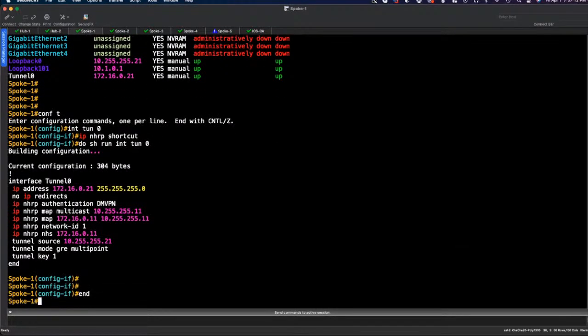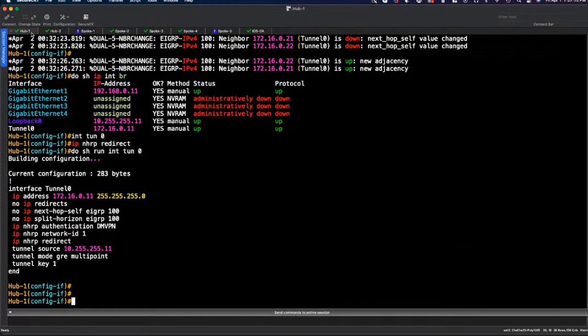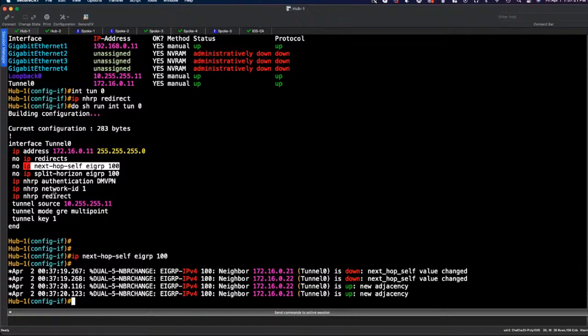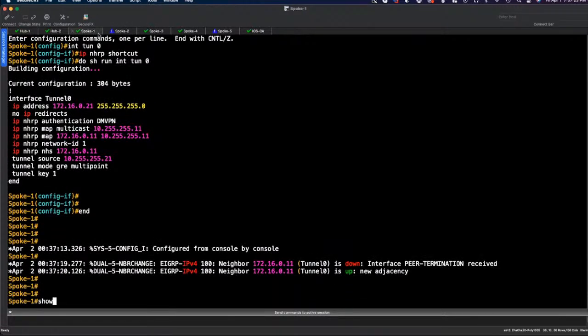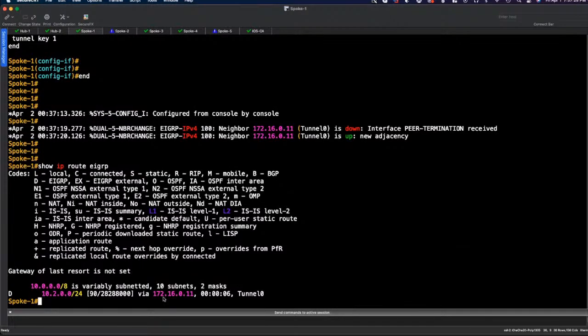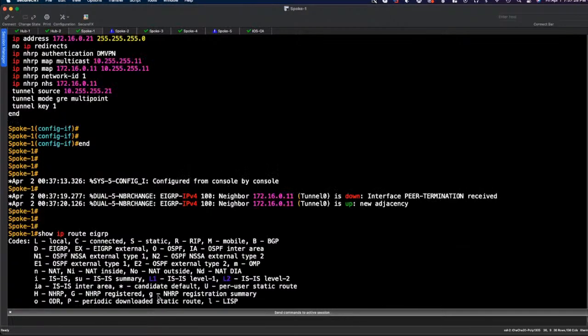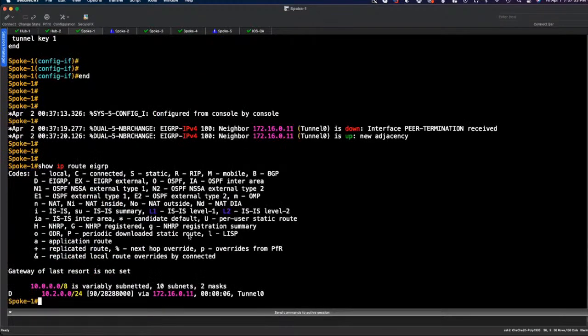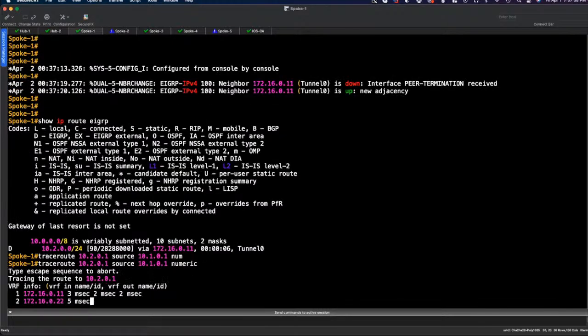So now what I'm going to do is reconfigure next hop self on this guy here. Now I've configured phase 3. If I go here to mGRE, firstly, you can see that we've still got the route, but we've reset the next hop. So instead of it being 22, now it's back to 11. Then we're going to trace route here, source 10.1.0.1 numeric. So we're going hub to spoke, and in theory,